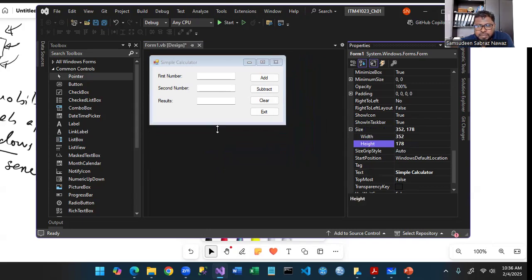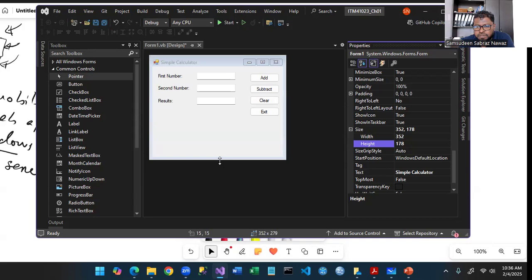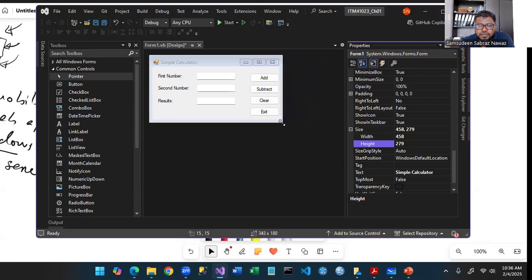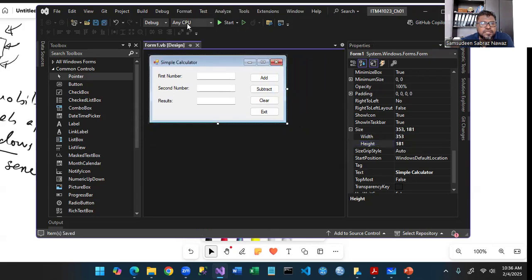Let me drag it down. See, the height is changed. Let me drag it outside. See, it is changing. So automatically they are updated. Otherwise, you can type here. You can type 300, here 200. Okay, that is also possible. So I'm doing it here and save the work and run